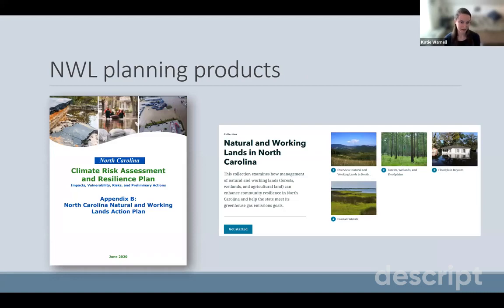So many of the maps and information from those maps that I showed you ended up in the climate risk assessment and Resilience Plan. That's the overarching document. And then the North Carolina Natural and Working Lands Action Plan is an appendix to that state document. So if you're interested in seeing more detail on how that all ended up in those recommendations, I'd direct you to that plan. There is still work ongoing now to try to implement some of the recommendations in that plan,